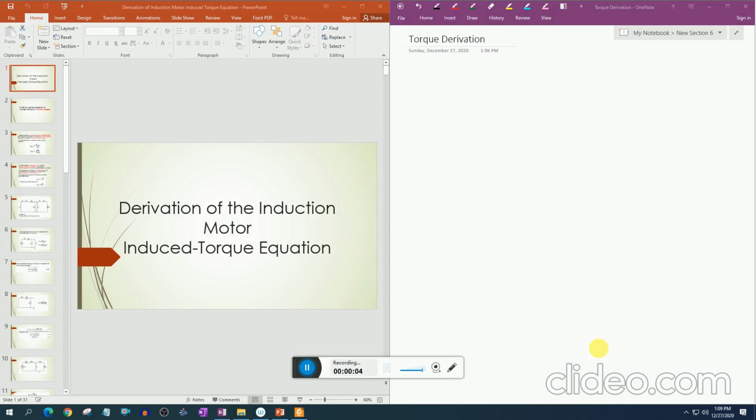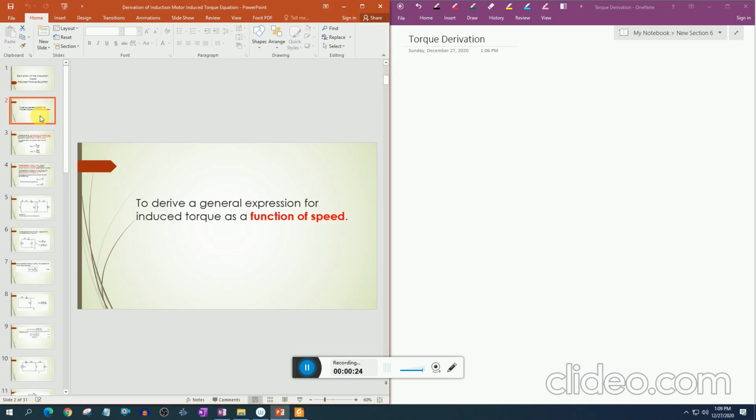Bismillahirrahmanirrahim. In this lecture, we will study the derivation of the induction motor induced torque equation. In the previous lecture, we studied the torque speed characteristic conceptually, and now mathematically we will derive the equation of induced torque. In this lecture, to derive a general expression for induced torque as a function of speed, as we already know that the torque induced